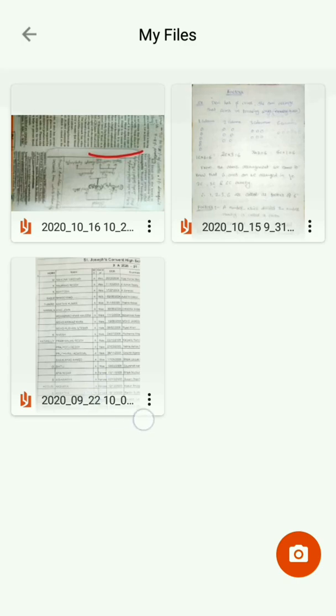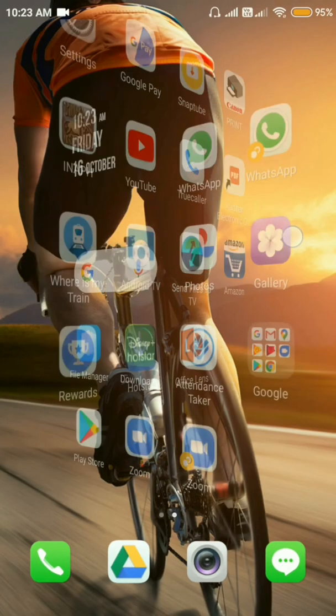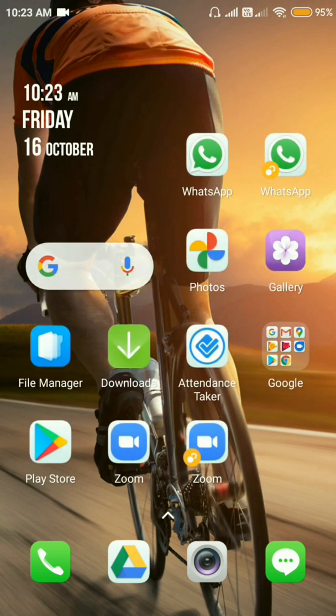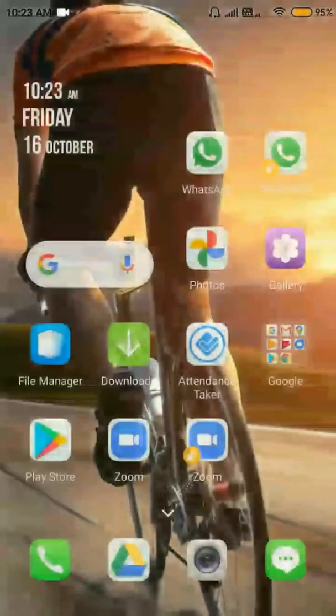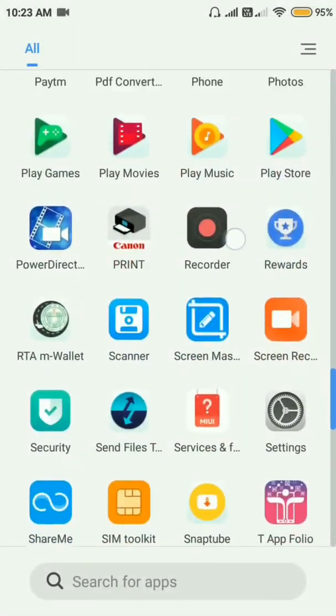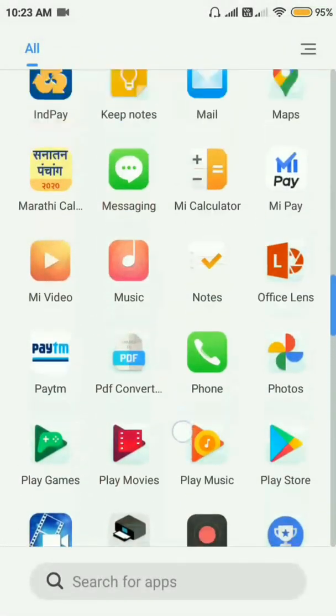I have made two or three more documents which I use daily. In this way you can create a PDF, and I suggest you move the document to a new folder. I will show that to you now.